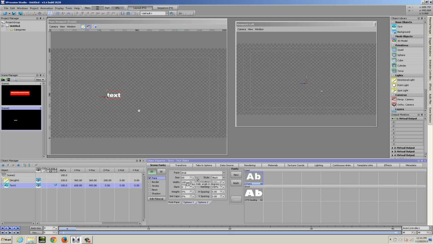Let's say, for instance, a font that you're working with does not have an italic style, but you want to italicize the characters. Well, what you can do is apply a slant effect to that, which, as you'll see by the description, is a faux italic angle in degrees, right? So as I increase this value, we basically get a faux italic effect. So we can do this for any font. We can italicize it even though there is no italic style in this case. The weight, we can increase the weight, and this is basically a faux bold effect. So this is creating thicker, bulkier characters in this font style that we're working with.